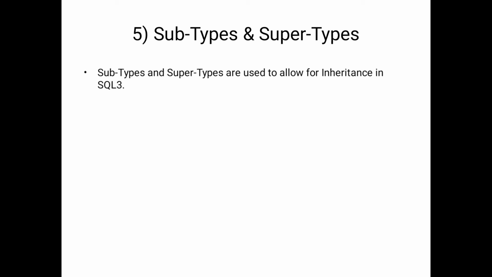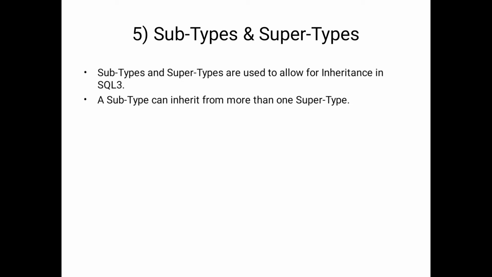Suppose we consider one family: mother, father and child. In that, mother and father are the supertypes. Here child is a subtype. In this situation, the child can use all the properties of mother and father. From the programming point of view, the child class can inherit the attributes and methods of the father and mother. So here a subtype can inherit from more than one supertype.